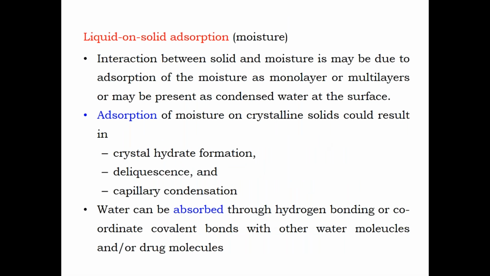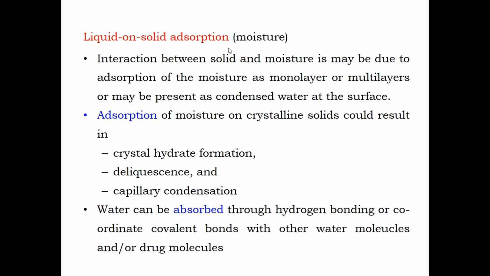So the next type of interaction is liquid on solid adsorption, because of the presence of moisture on the surface of the solid. These are all physical interactions I am just highlighting. The one physical interaction was with respect to the processing, that's the milling and the compression. The next physical interaction we are going to understand with an example is the liquid on solid adsorption interaction. In a simple way, it is moisture which is getting adsorbed or absorbed. You should know by this time what adsorption and absorption are. They are two different phenomena which happen because of the presence of moisture